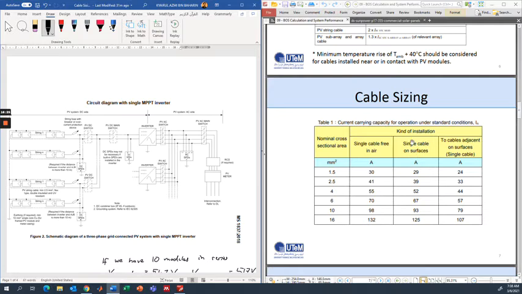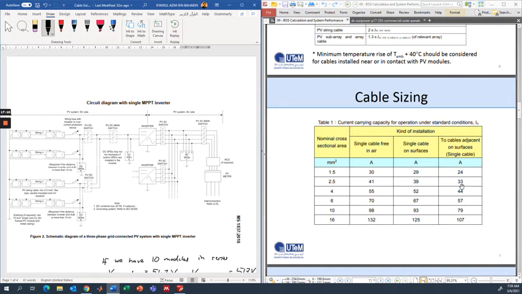But if we place the cable on a surface, like cement or the floor, or maybe in a trunking, then the current carrying capacity is reduced to 39 amps. Even though the rated one is 41, now it's reduced to 39. For cables adjacent on surfaces, it further reduces to 33 amps. Now this is common when we install a system. Usually we bundle the cables together and put them into one trunking.